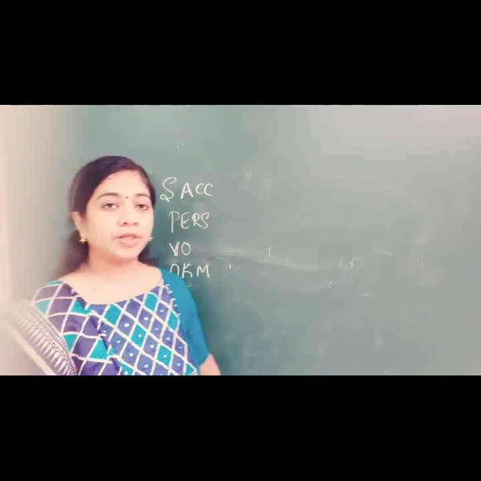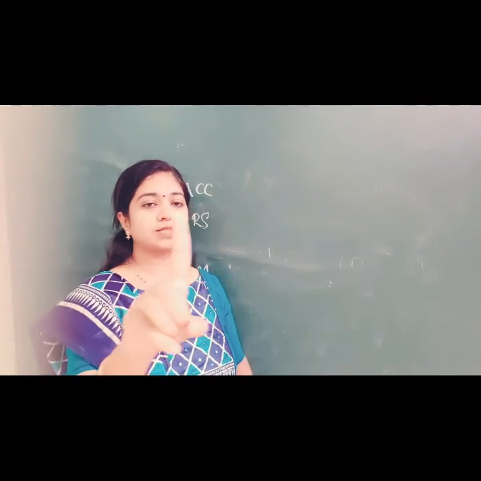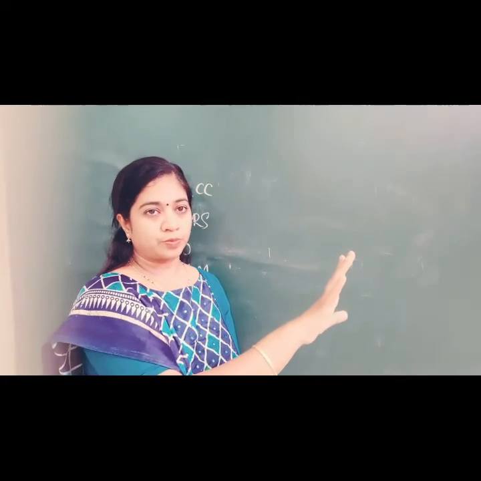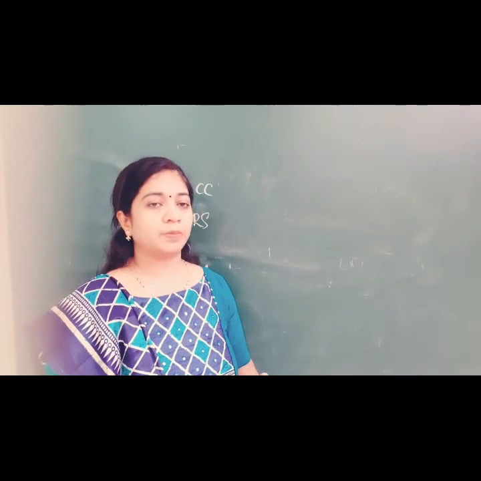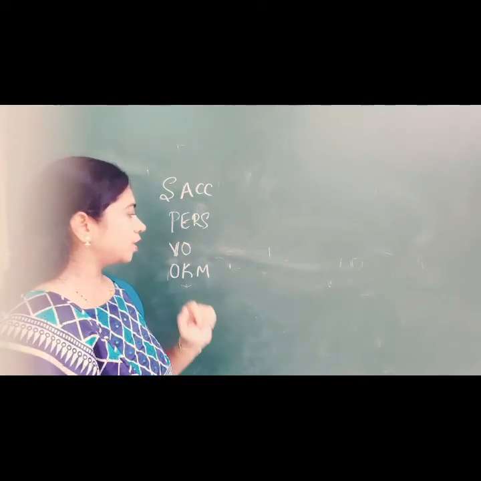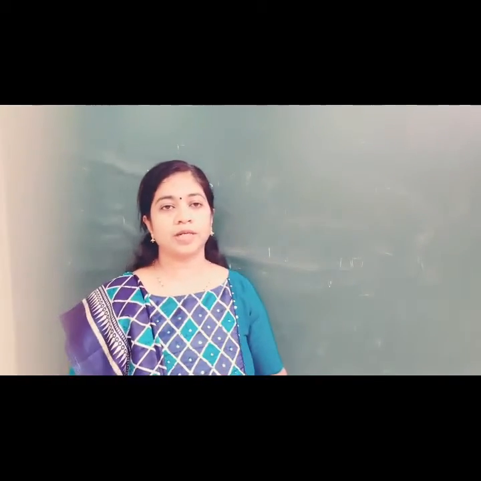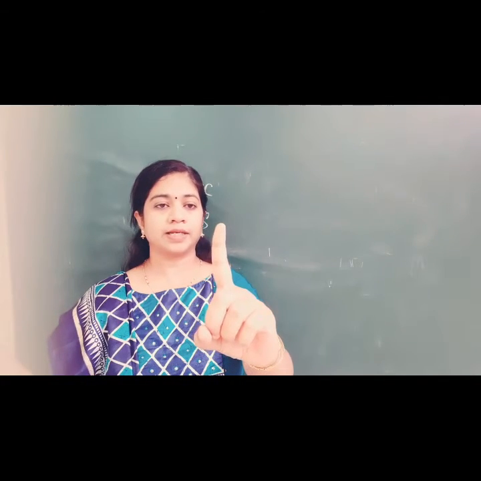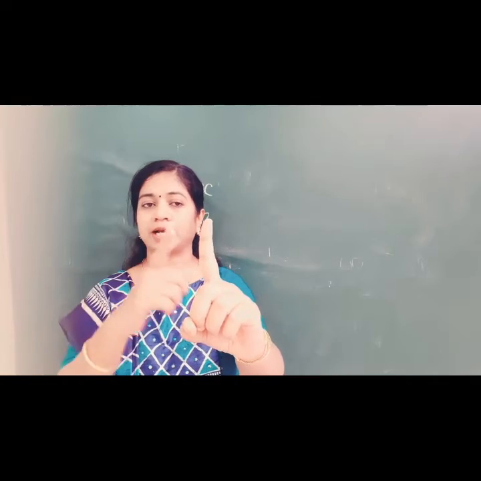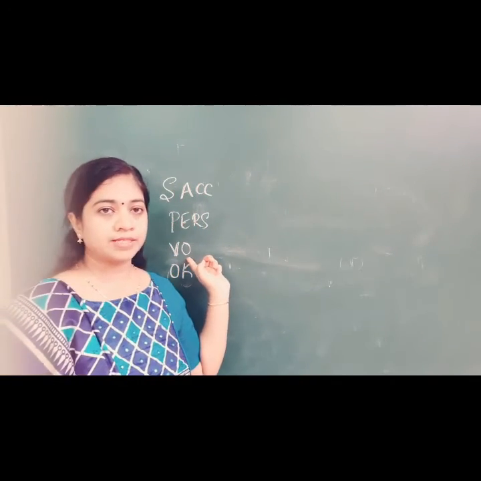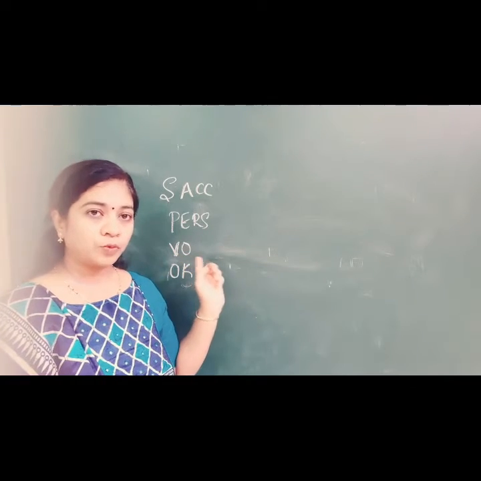Coming to pursuit movement, suppose I want to follow this finger constantly like this. This is called pursuit movement. These are also conjugate but slow eye movements tracking the object. Coming to vestibulo-ocular movements: suppose I am looking at this finger and somebody calls me there, my head turns but still my eye maintains the fixation. This is by the vestibulo-ocular reflex leading to vestibulo-ocular movement.